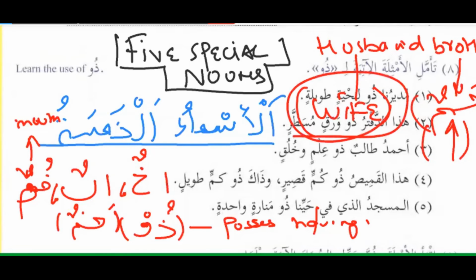But unfortunately, most of the times we don't remember this hadith, and there is free mixing. So these are the 5 special nouns. Why these are 5? Why we call them the 5 special nouns? What is the reason behind it? The reason is that, as I told you,